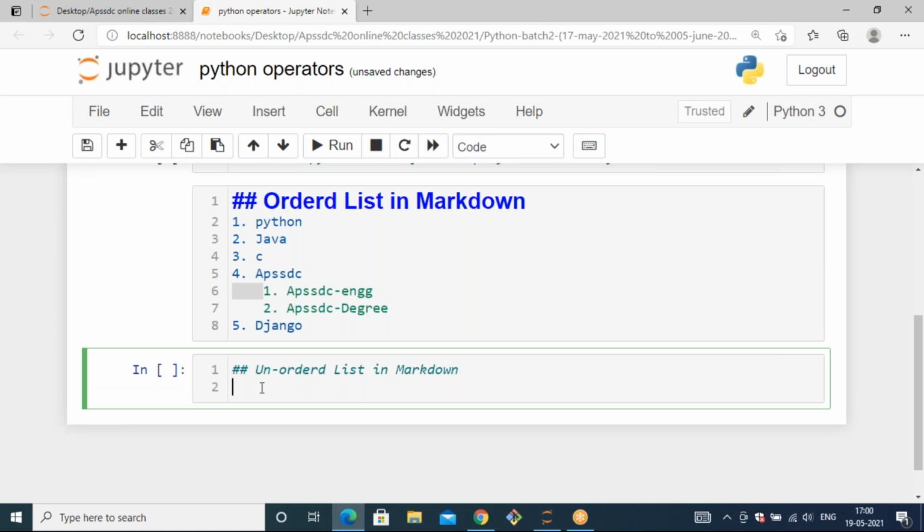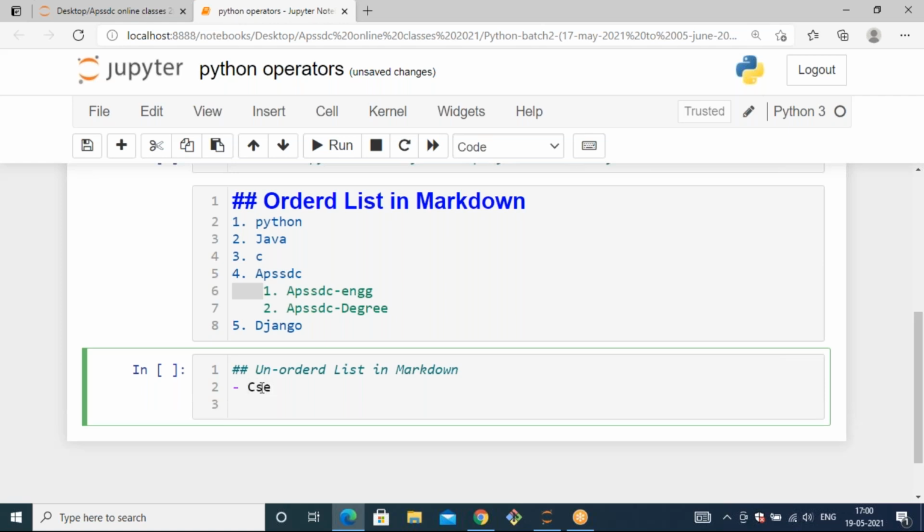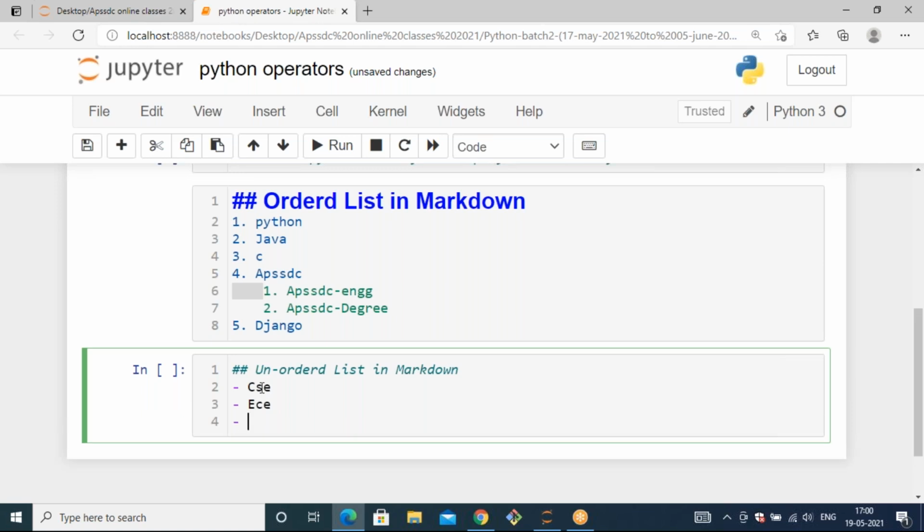So for that, you can take symbols like hyphen or plus or star. You can take any kind of thing. So after hyphen, there is a space and you can mention whatever you have. I'm just passing CSC and Z and then triple E.